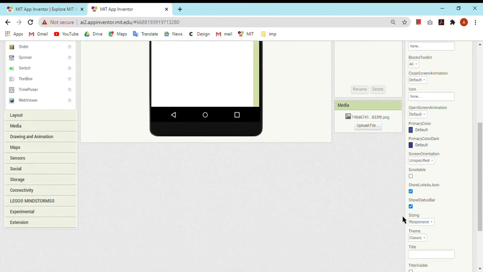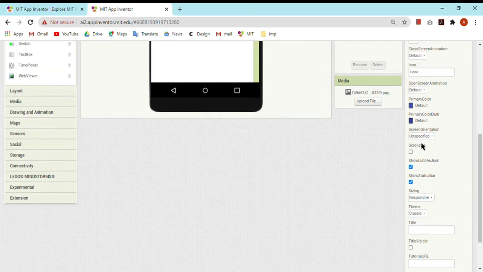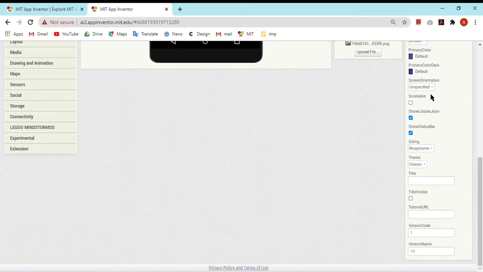If you want any title to be visible, just click on this and whatever the title is, click on that. Let it be responsive so that if your phone is 5.7 inch and another one's phone is 6 inch, then it will set according to its phone. Let it be unscrollable. Scrollable means that you can scroll your screen down.